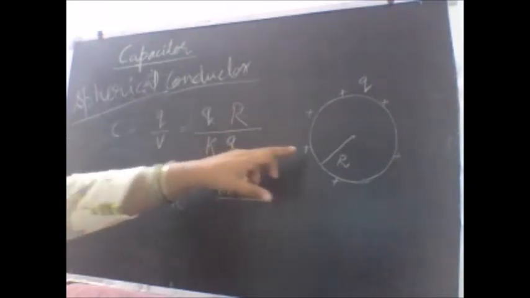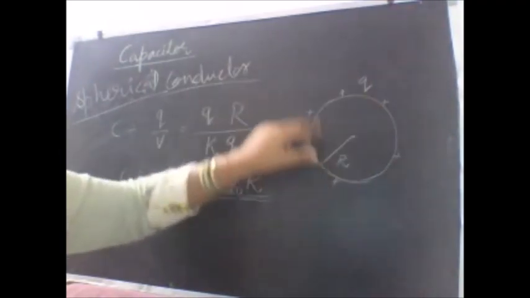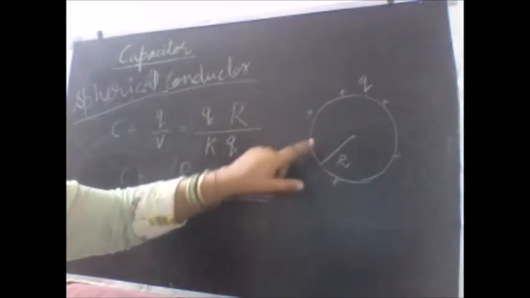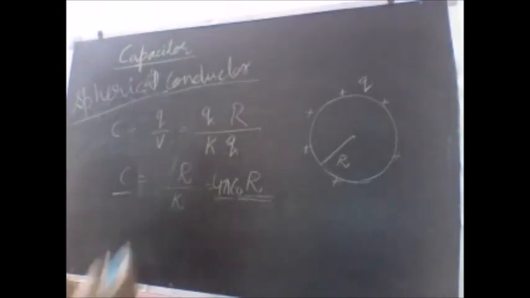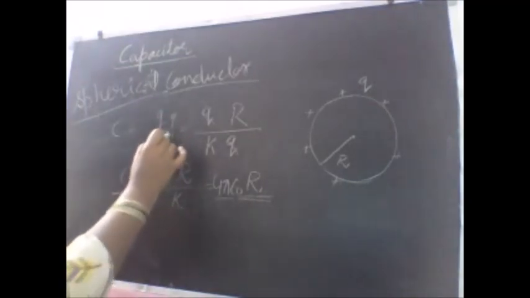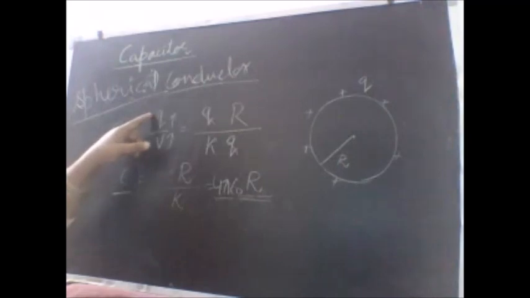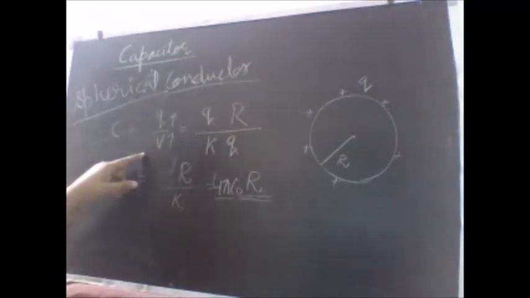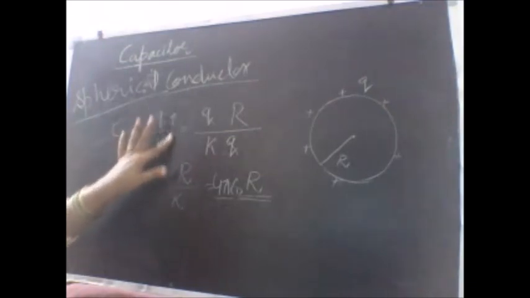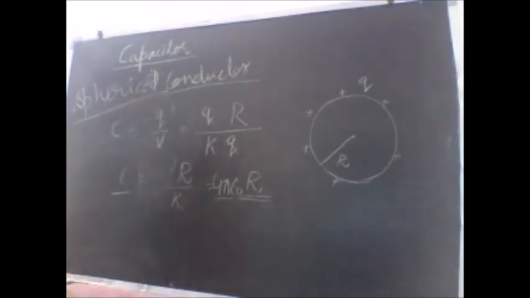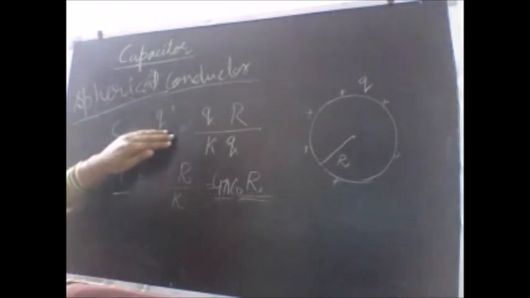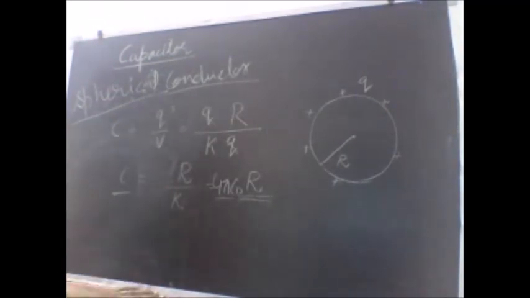Like I was explaining, if I inject more and more charge over the sphere, its potential should also rise. If Q is rising, potential is also rising. That means the division remains constant. So there is no difference. It does not make any difference what the amount of charge is that we are giving, because that will raise the potential equally, unless we keep the potential the same. How are we going to do that? We are going to understand that when we study the parallel plate capacitor.